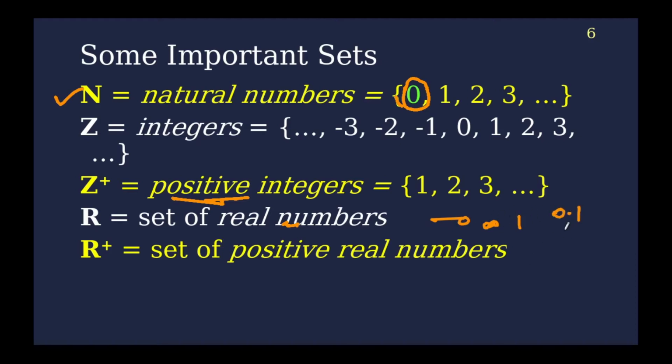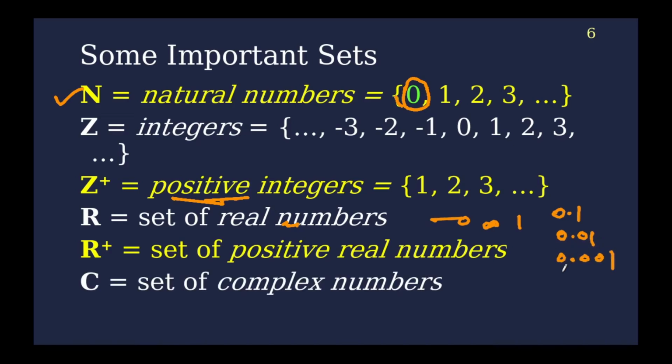For example, say 0.1, 0.01, 0.001, 0.00001, and so on. So in between two digits, you will find infinity number of real numbers. So that's why it is hard to describe. Similarly, set of positive real numbers. Real numbers means any number, that is a fractional, 1 by 2, 1 by 3, 1 by 4, 0.1, 0.2, 0.005, 4.15. So all these are the real numbers.